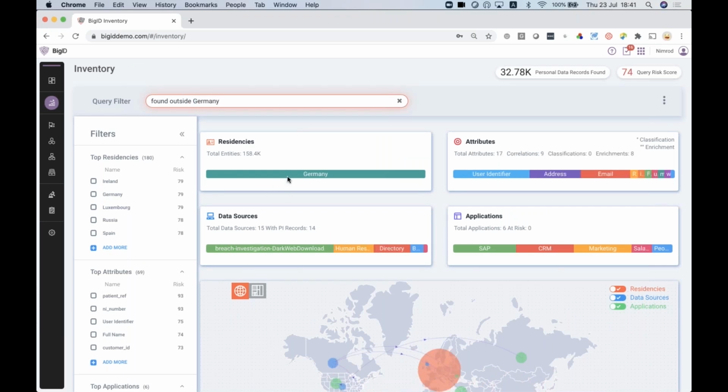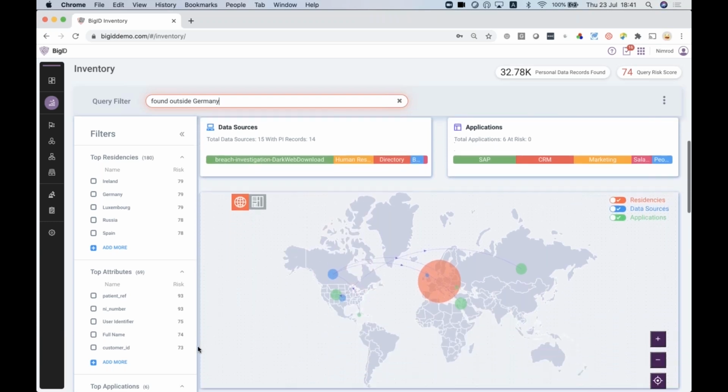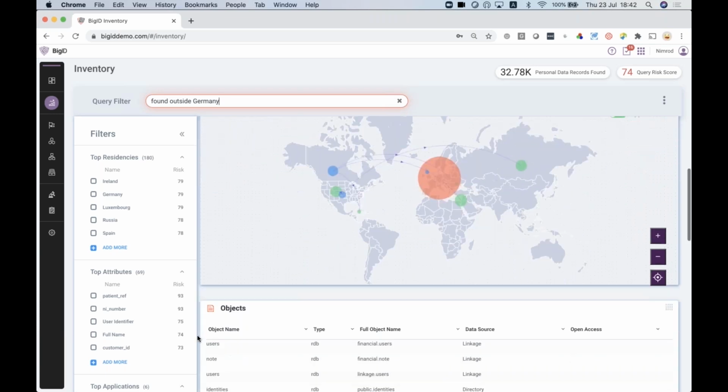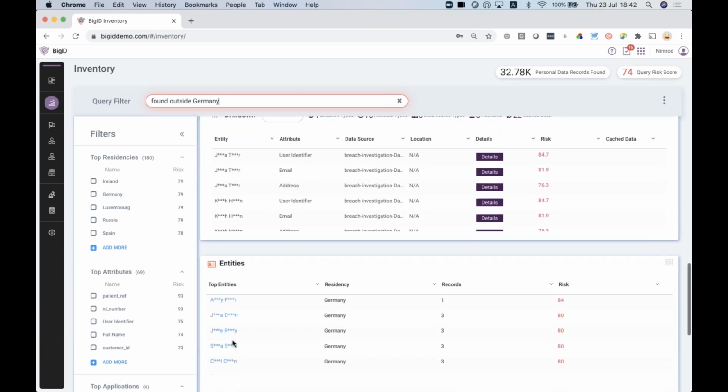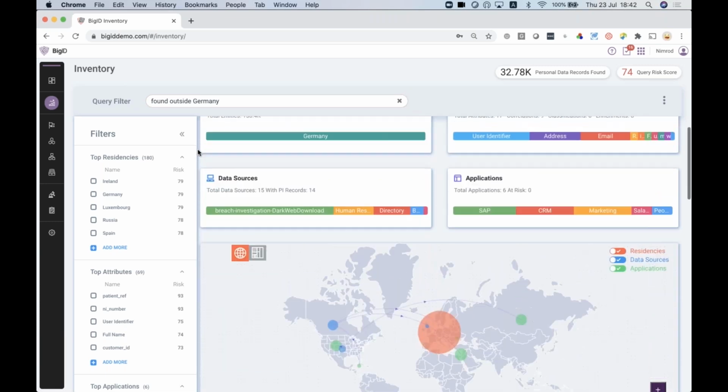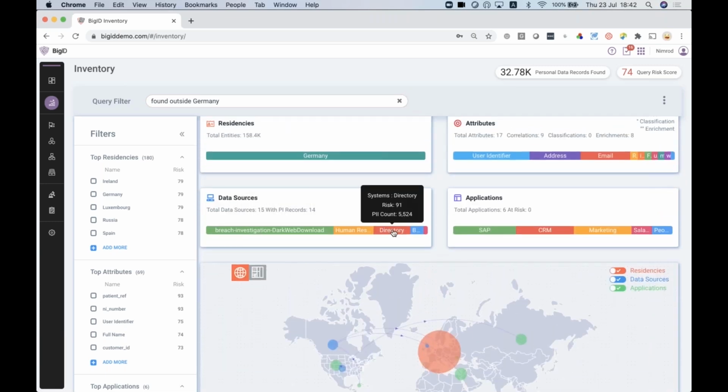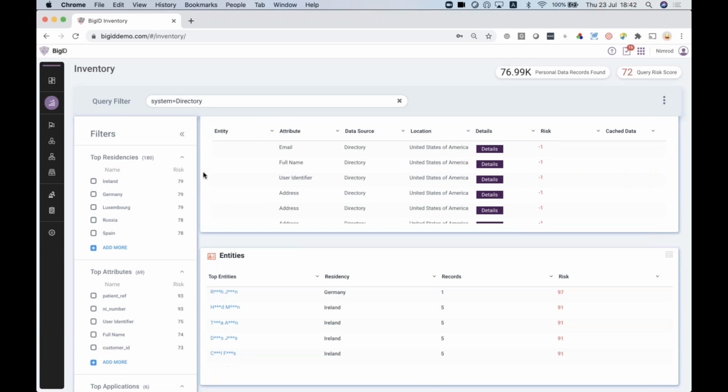And BigID can find the residency data of German residents, in this case found outside of Germany. So all the blue dots are all the data sources that contain German resident data that are found outside of Germany. And then it also gives you the list of those entities so that if there's an issue, you can reach out, you can export that list. So for example, if you have a breach in one of those data sources, let's say one of those data sources, for instance this directory was triggered,